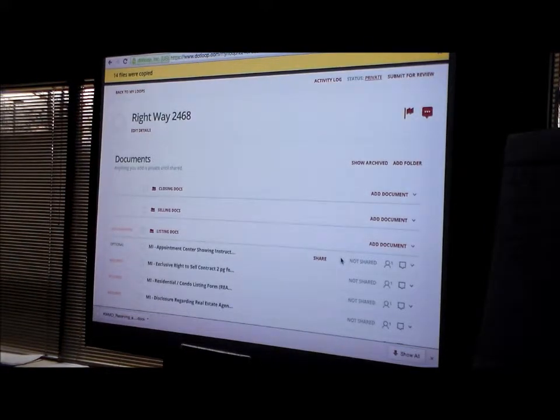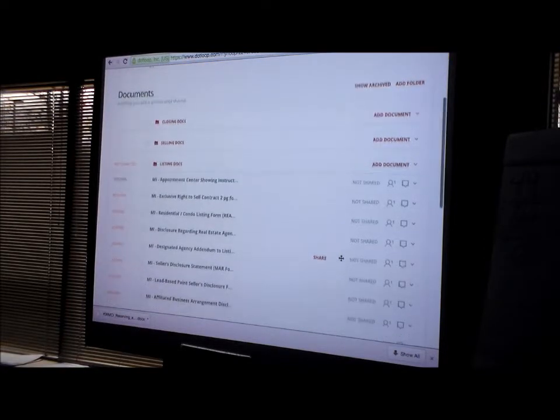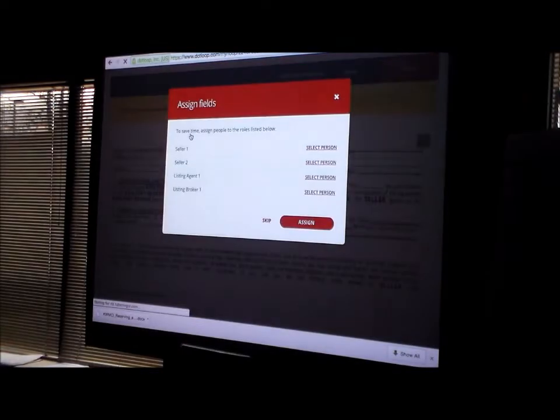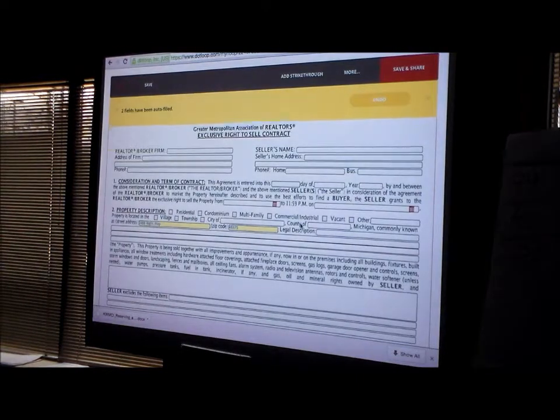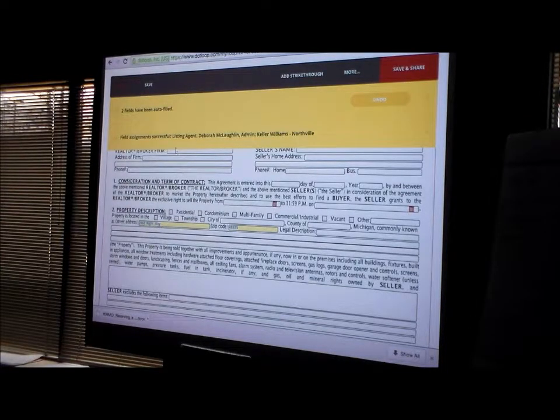So I'm sorry, you said that you could auto-populate like? A lot of, like, we'll go in here and I'll show you what I'm talking about. So for instance, if I go in, exclusive right to sell, this is one of the documents. So if I'm going to be the listing broker, I can auto-populate that section. And I could have already done it on my own set, so it wouldn't be a step that I'd have to do here. Obviously, I couldn't assign sellers because they're going to be all different sellers. But all of the information that's here,